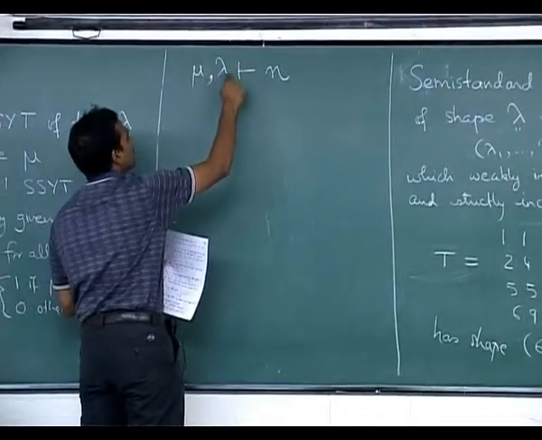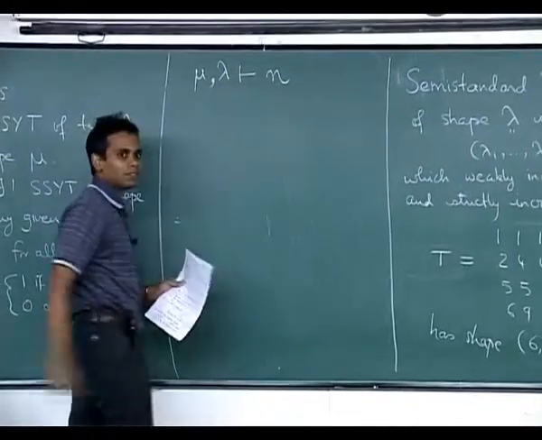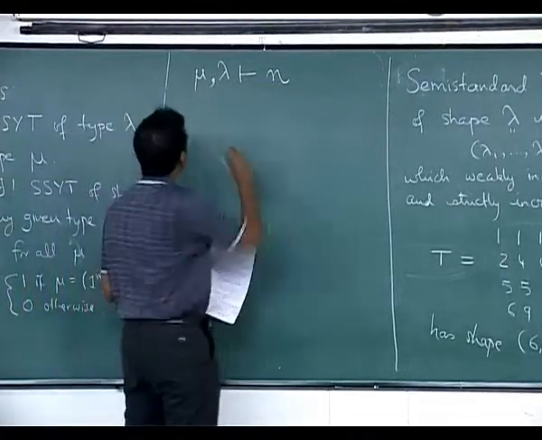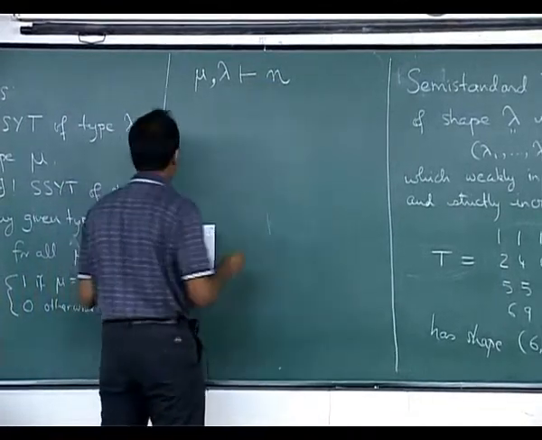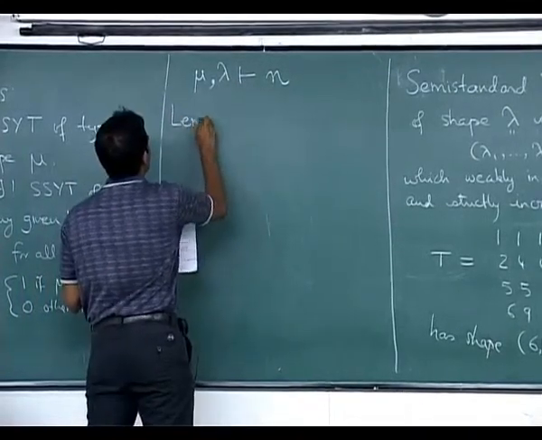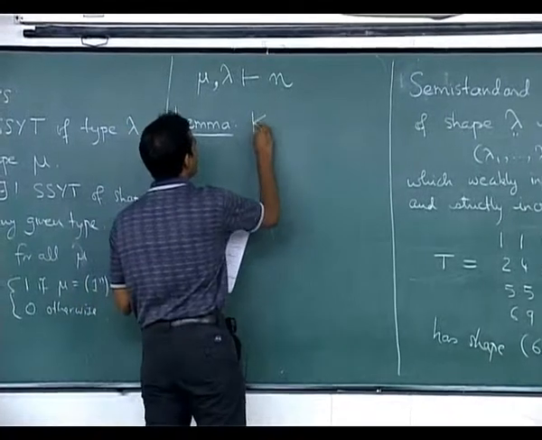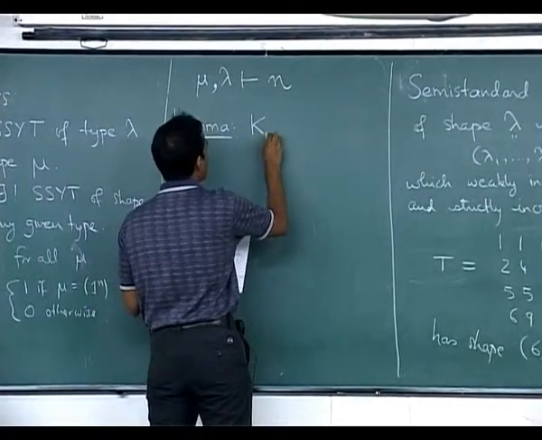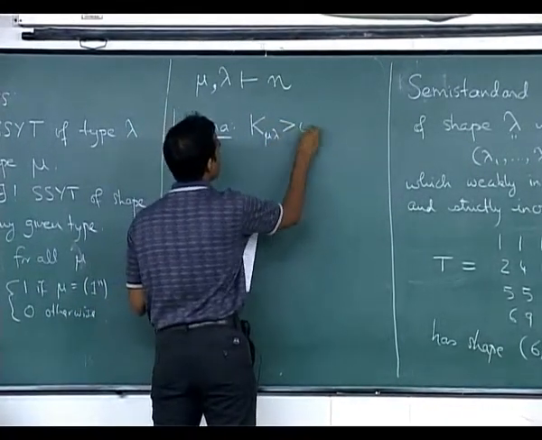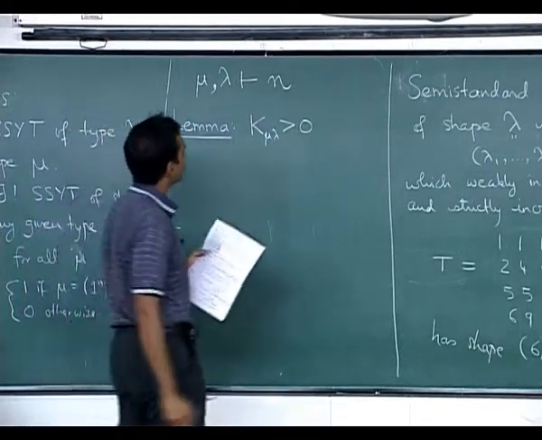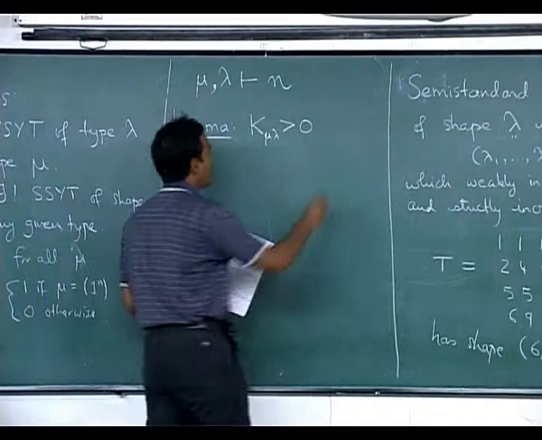This notation denotes that the thing to the left of it is a partition of the natural number to the right of it. So mu and lambda are partitions of n. It's an easy lemma that if K_{mu lambda} is greater than 0, that means if there exists a semi-standard Young tableau of type lambda and shape mu, then